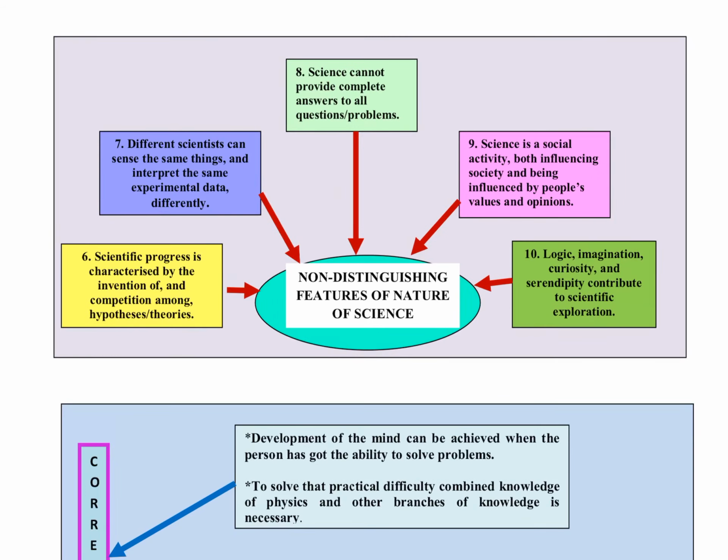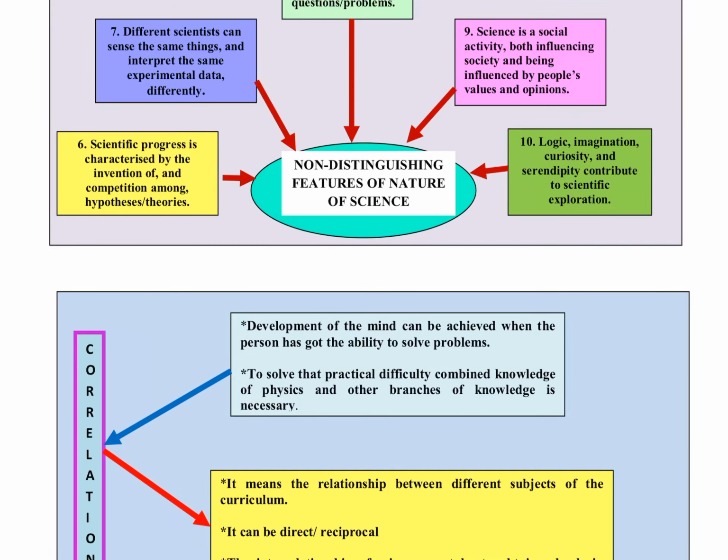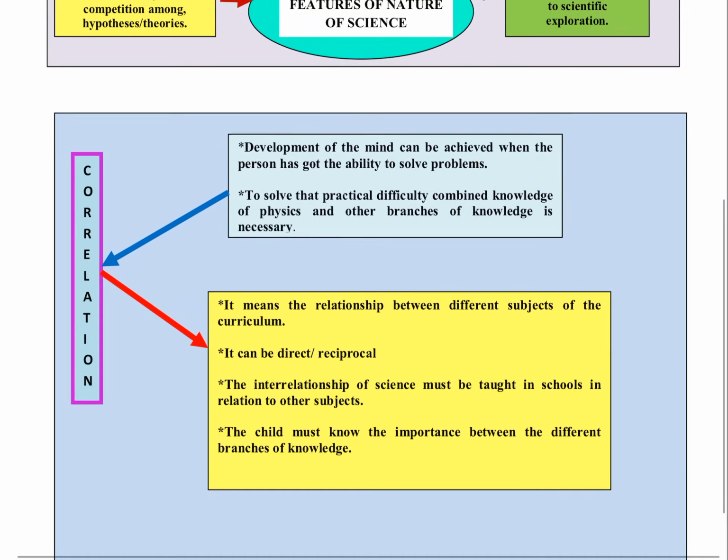So these are all about the salient features of the nature of science. Some are very distinguishing and some are non-distinguishing. But all these are applicable to understand the nature of science. So now we move to another